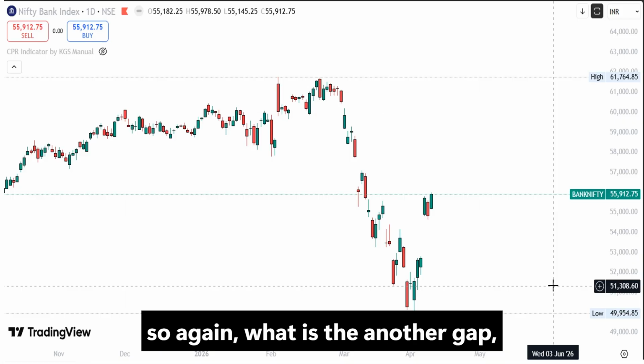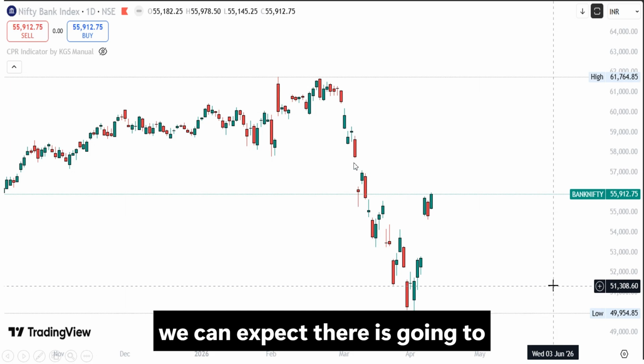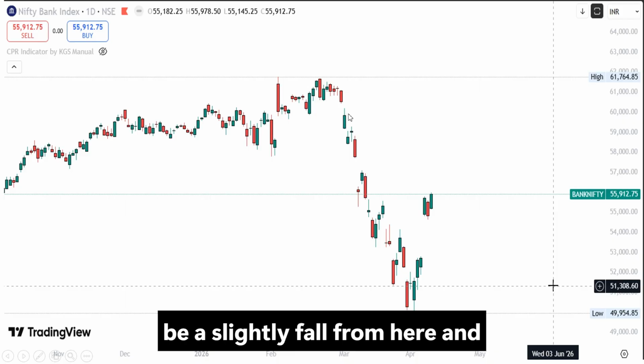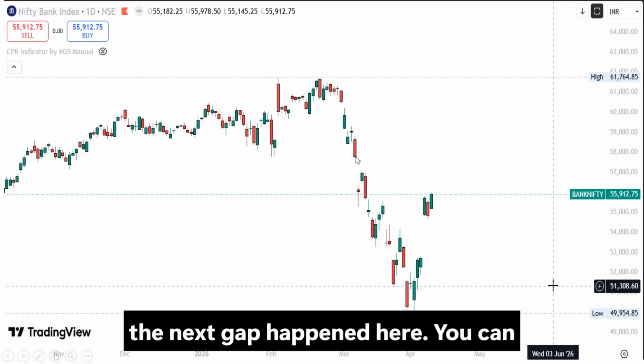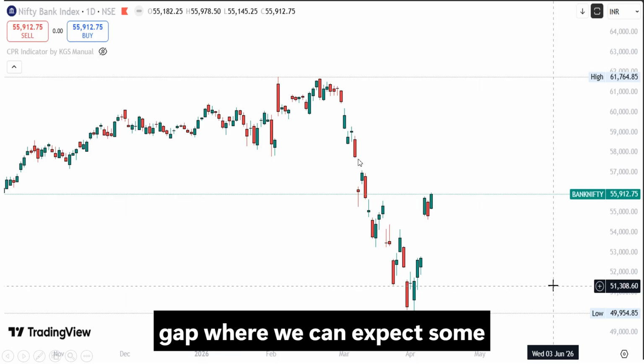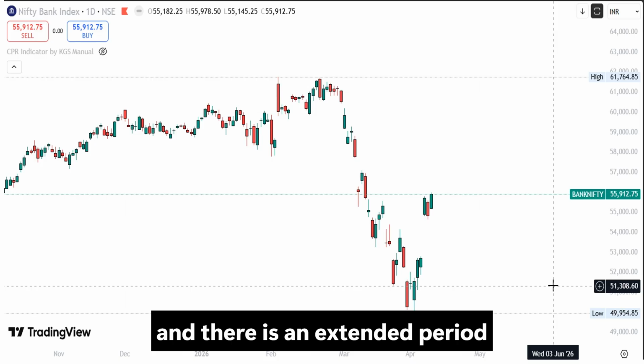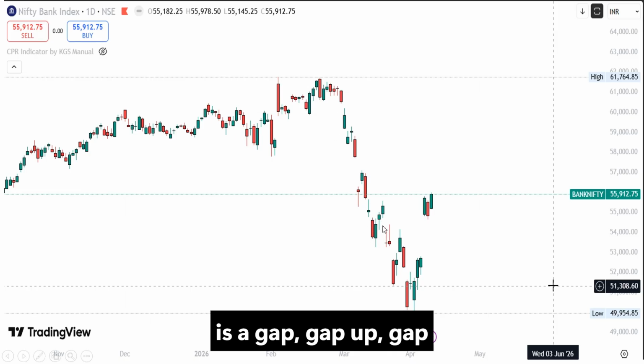Okay. So again, what is the other gap? Runaway gap. That means when this happens, we can expect a slight fall from here, and the next gap happened here. You can see a big gap happened here. We can call it a runaway gap, where we can expect some more fall in the market. And there is an extended period of downtrend, and again, if a gap opens,